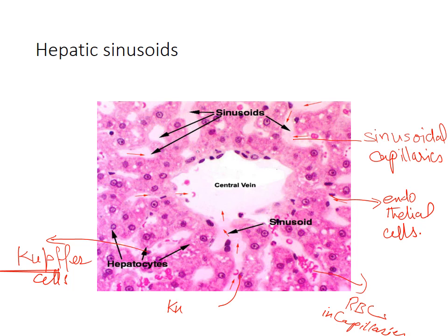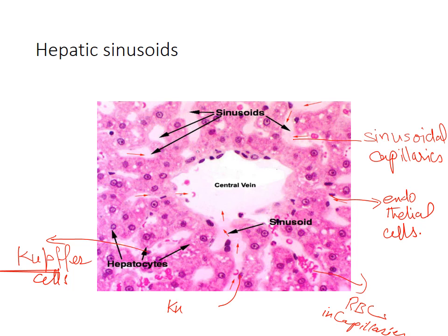the endothelial cells, flattened endothelial cells. You can see here flattened endothelial cells. This is the endothelial cell lining the sinusoid, and the other cells are the Kupffer cells. This is the Kupffer cell, which is the liver macrophage. The endothelial cells show fenestrations which are not closed by a diaphragm,